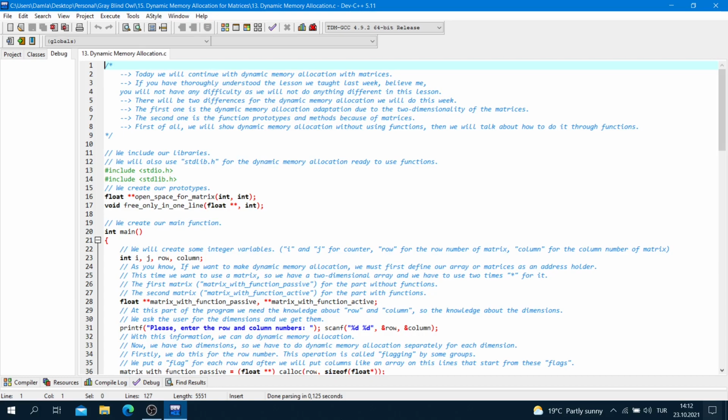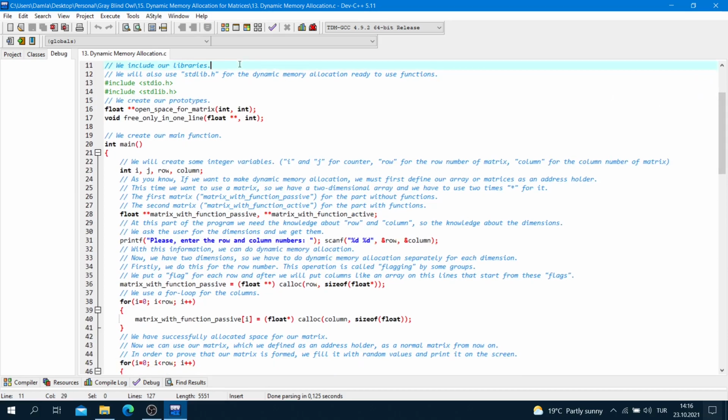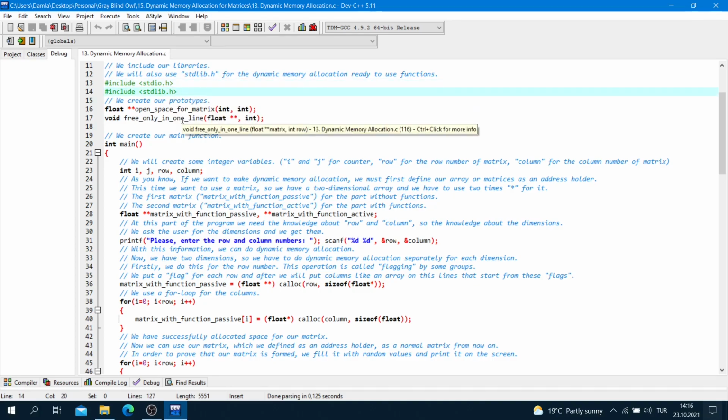First of all, we will show dynamic memory allocation without using functions. Then we will talk about how to do it through functions. We include our libraries. We will also use stdlib.h for the dynamic memory allocation ready-to-use functions. #include <stdio.h> and #include <stdlib.h>.